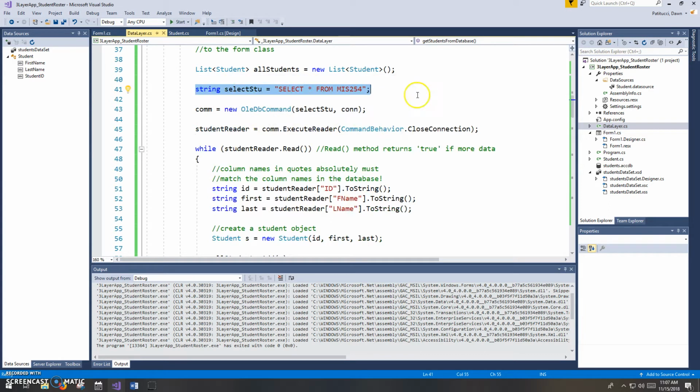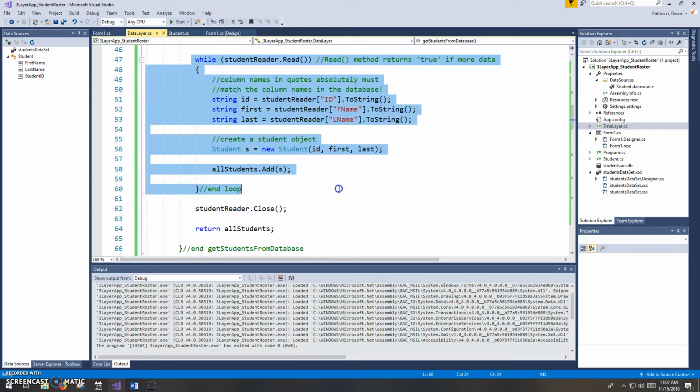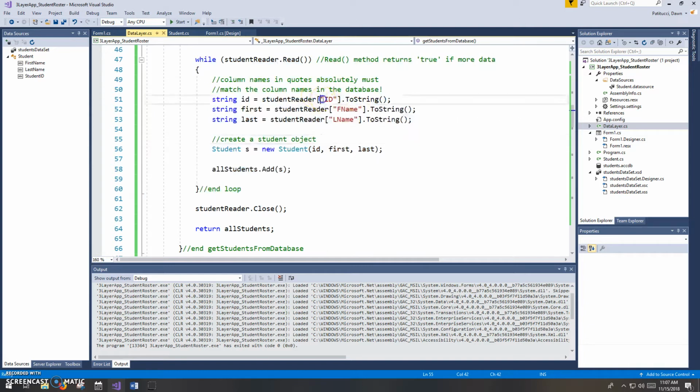I'm going to set up a simple SQL statement, a select statement to get all of the records, all of the data out of the MIS 254 table in the database. And then I'm going to set up a command object to carry that SQL statement to the database, and I'm going to execute it, and I'm going to use my student reader to read the data elements in one at a time, first the ID, then the first name, then the last name. Very importantly, these items, these names that you put in quotes in this part